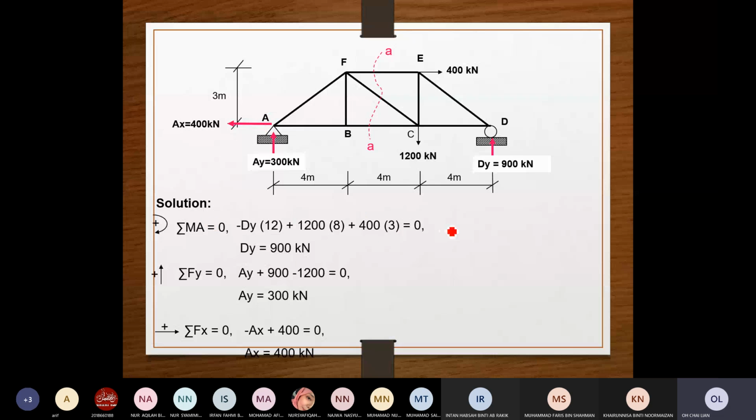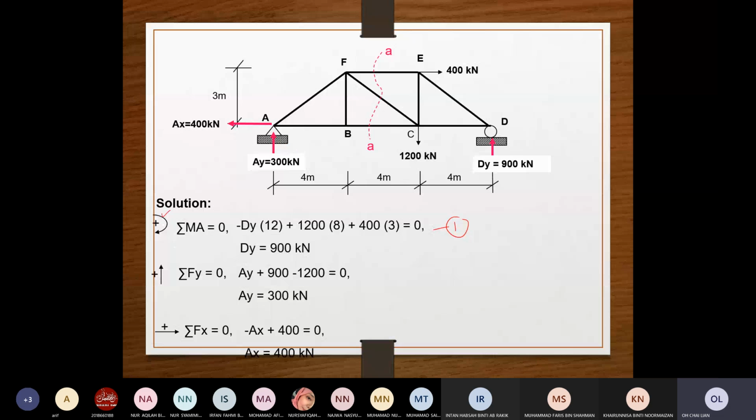So you have established the first one based on summation moment, and importantly, you need to assume a direction. Which one is your positive sign? Let's say you have assumed the clockwise is positive. So then next you need to